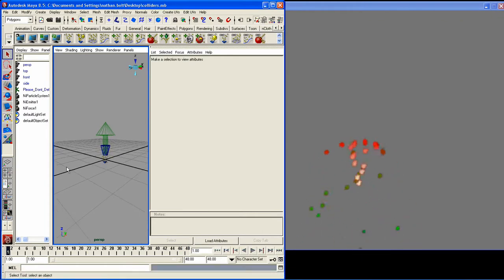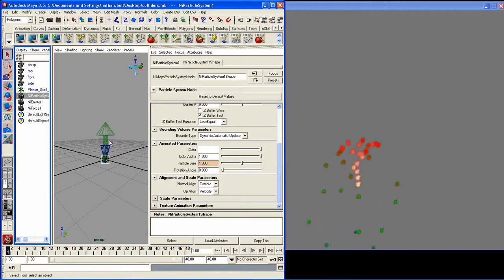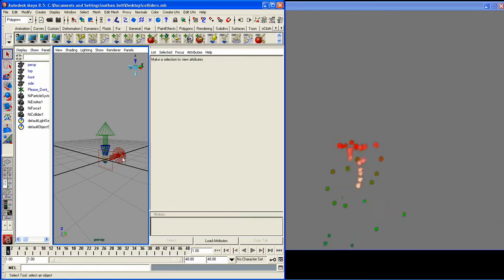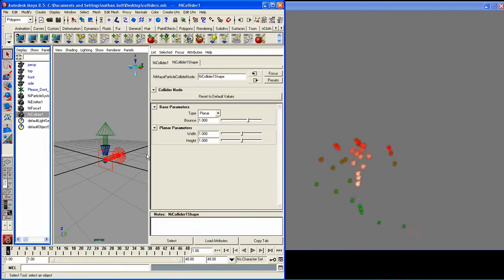shrinking over the course of their life, so we can clearly tell the difference between a particle that's been alive for a while and a particle that's just been spawned. So to create a collider, you just go ahead and click on the particle system itself, and up here we have Create Collider and Attach to Selected Particle. So we go ahead and bring in our planar collider, which right now nothing is going to collide with it